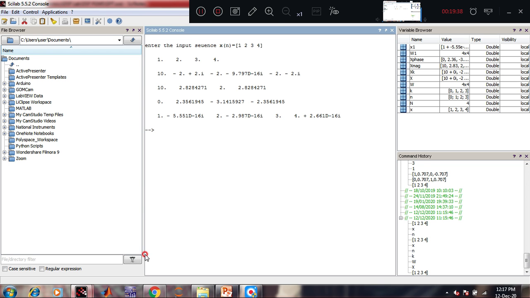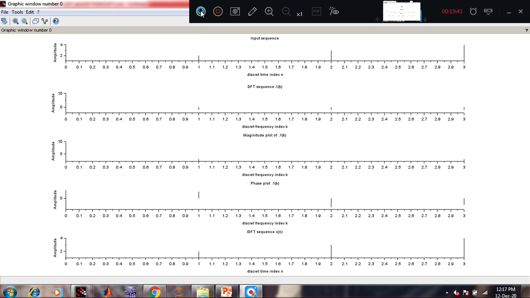So these are the plots we got. So this is the input sequence. You can observe 1 is there, then 2 is there, 1, 2, 3,